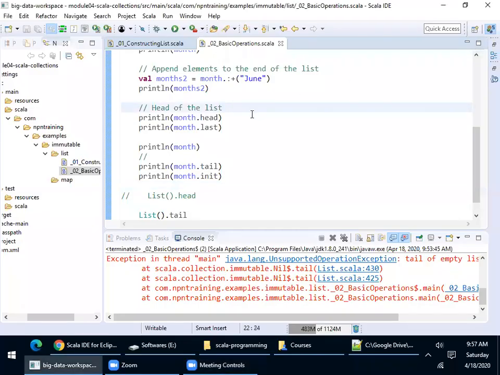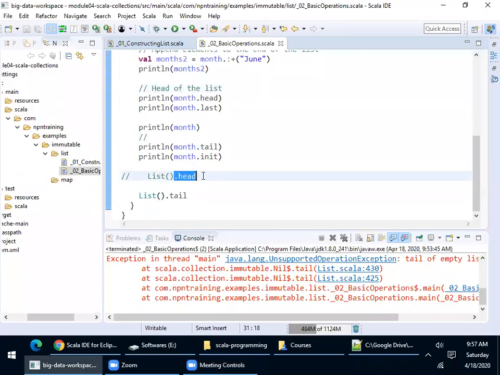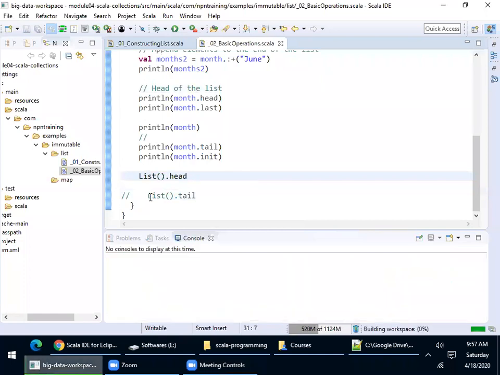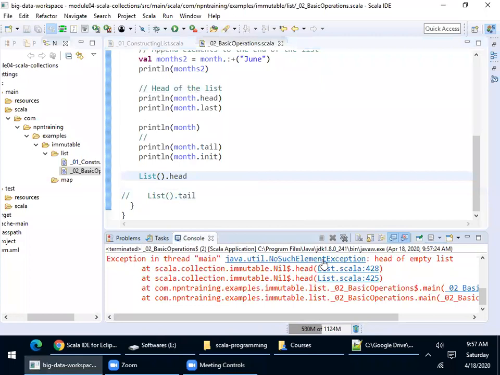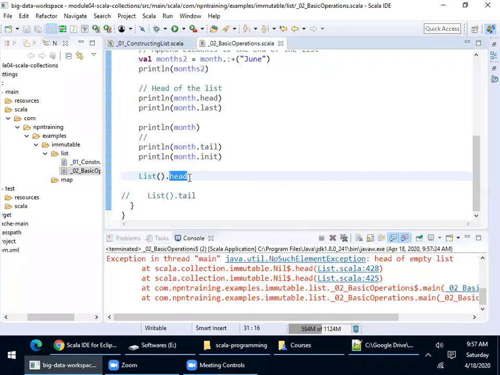Okay. Now what I was telling is this head method is available only for a non-empty list. For example, if you try to invoke this head method on the empty list, you will get an exception. So please observe this. When I execute this piece of code, it says no such element exception. So even though this head method is available for the list, it says no such element exception.